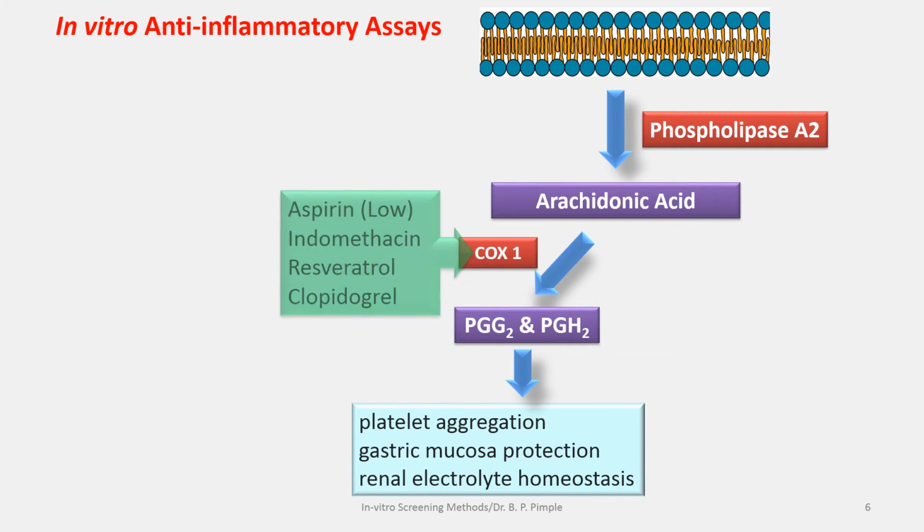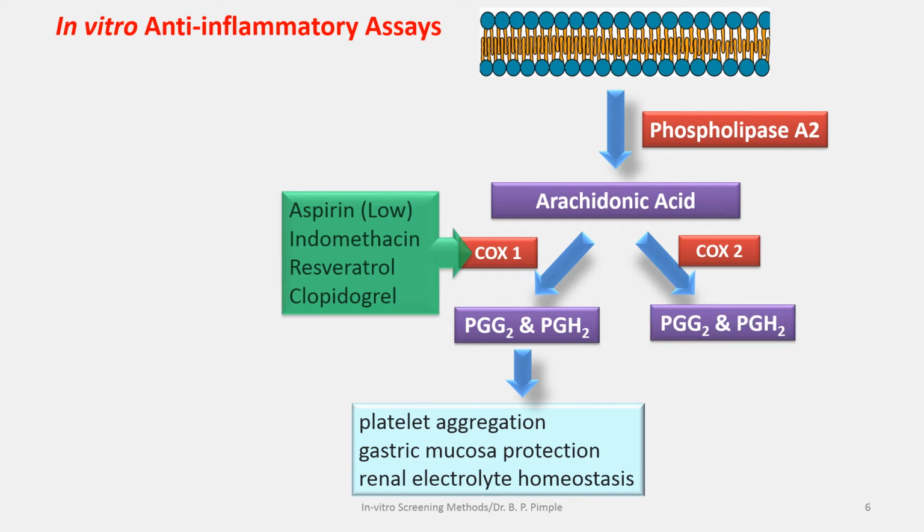Further, gastric mucosa will not be generated. Instead, it will be eroded away. And it also causes renal electrolyte imbalance. So these drugs inhibit the COX-1 enzyme. In other words, if you want to break down platelet aggregation, these drugs are prescribed. Another way is COX-2. If this arachidonic acid is converted by the COX-2 enzyme to PGG2, the same products, that is PGG2 and PGH2,